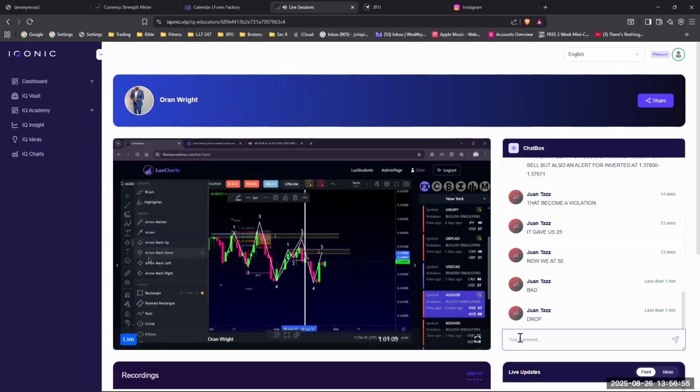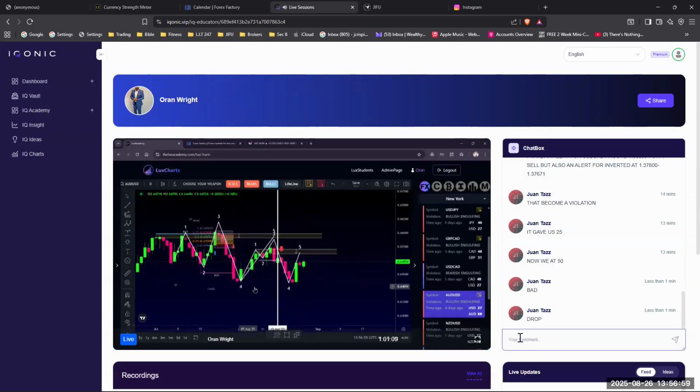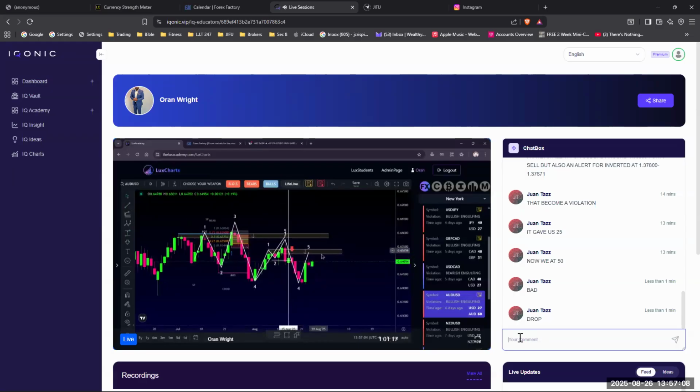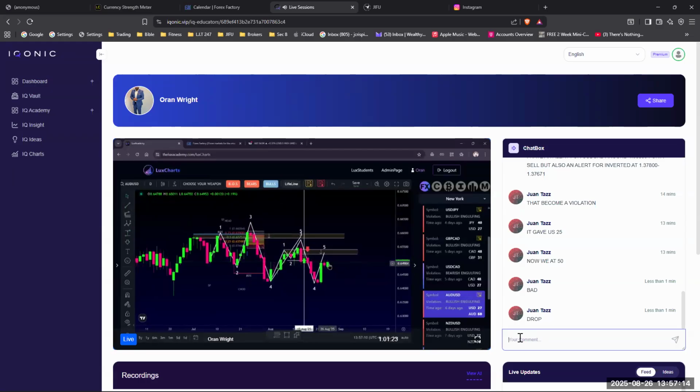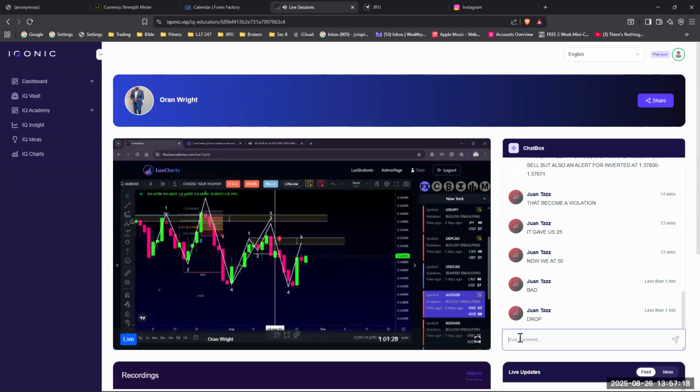So they did give you a small tap right there. Okay? They did give you an entry right in this level. Now they're looking to retest the zone again. We got news tonight. This market has already given